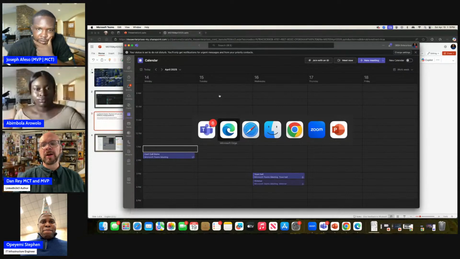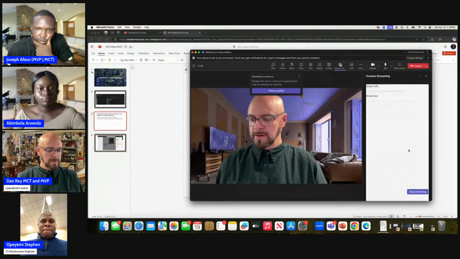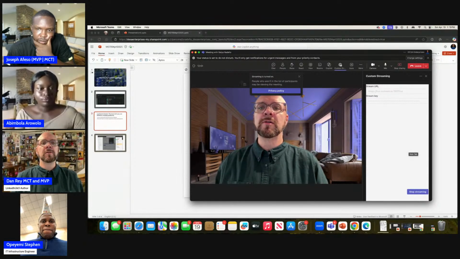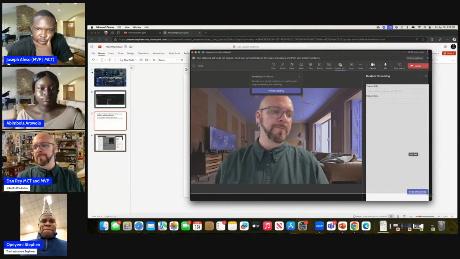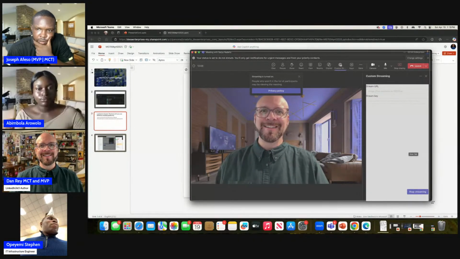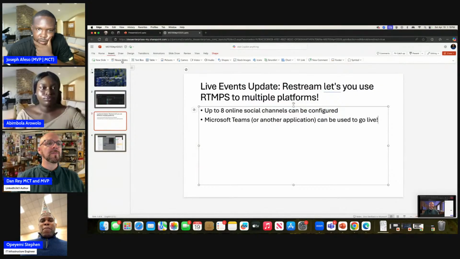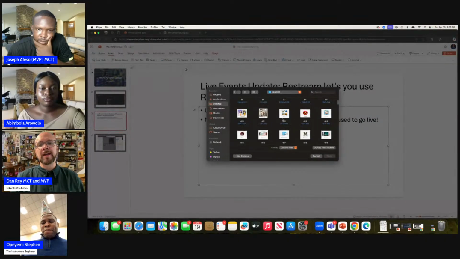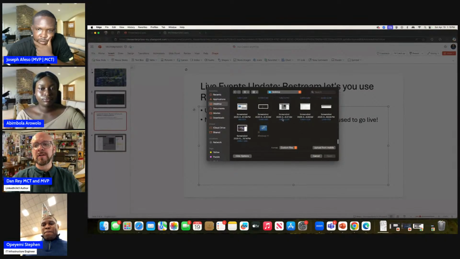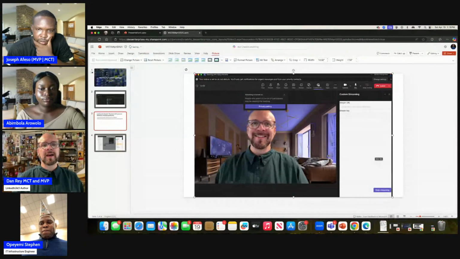So the other thing I might want to do here is provide information about how to configure this. I can come here to my Teams window, take a screenshot, go back here to PowerPoint and insert pictures from this device. The photos that you take on a Mac using the screenshot feature are stored on your desktop. So I can go to my desktop, grab